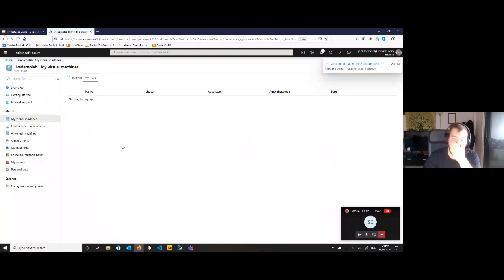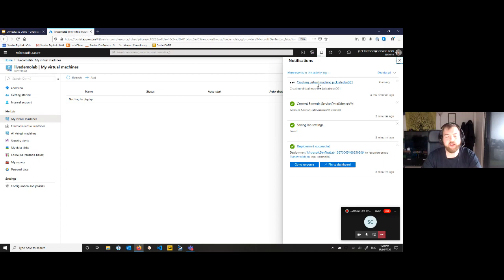So once you create a VM, there's two processes here. The first one is the creation of VMs, which are limited per user. The next process is claiming it. Now, you can claim the VM and then release it back into the pool. This allows you to have a pool of VMs that are already deployed and ready to use at any time. So while this VM deploys, which I won't make you wait for today, but this will deploy a VM here that you are able to then see